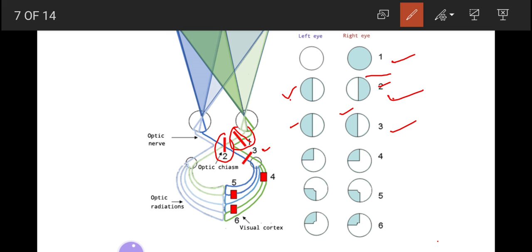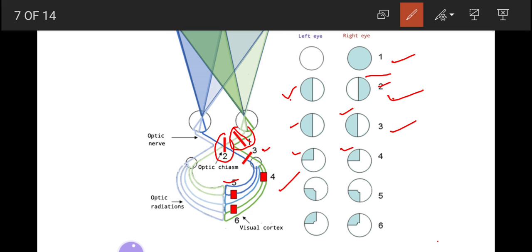Next, when there is a lesion at the level of 4, what does it show? It carries visual information projected from the left superior visual hemifield of each eye. This disorder is known as superior left homonymous quadrantanopia, the pie in the sky disorder. This disorder is seen when a patient has experienced a vascular injury to the middle cerebral artery.